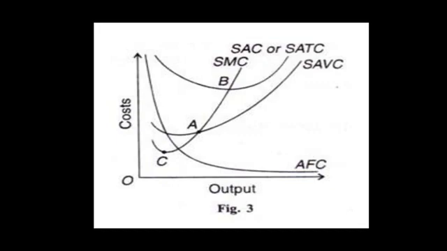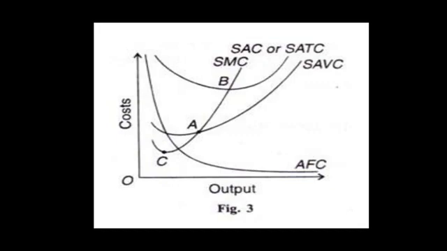The second important point to note is that it is the marginal cost which firstly reaches its minimum point, as shown by point C in this figure. Since marginal cost declines faster than average cost, after marginal cost, the average variable cost curve reaches its minimum as shown by point A, and then finally the average total cost curve reaches its minimum point as shown by point B in the figure.